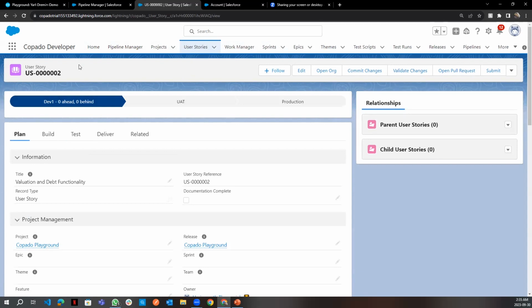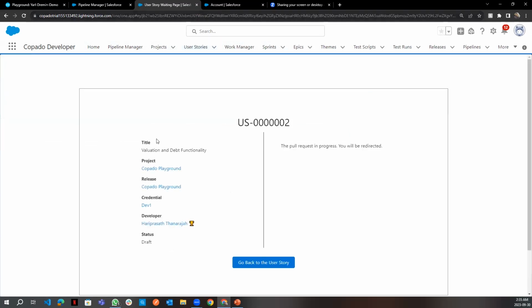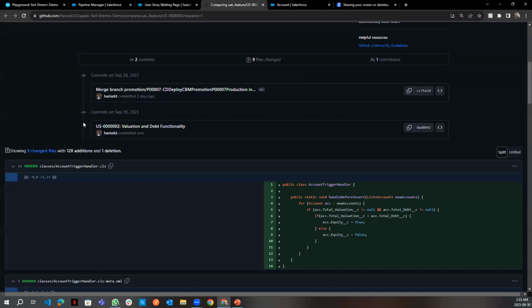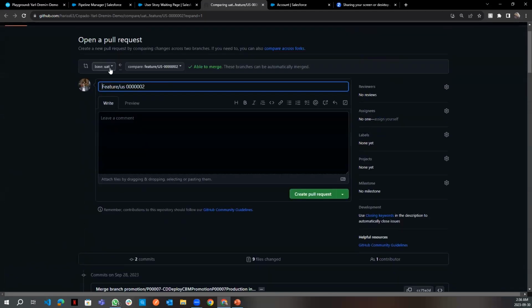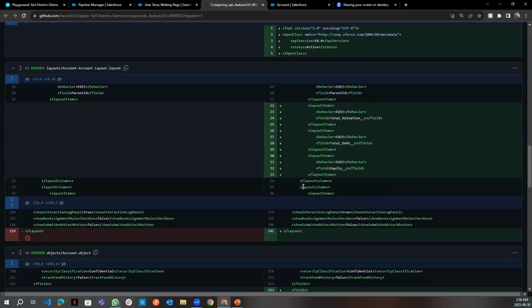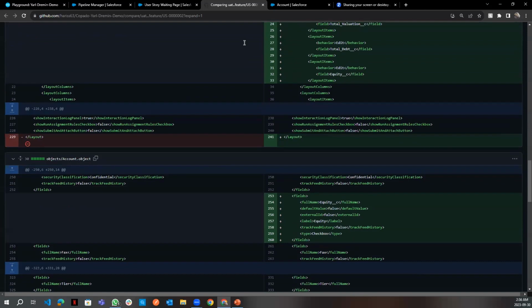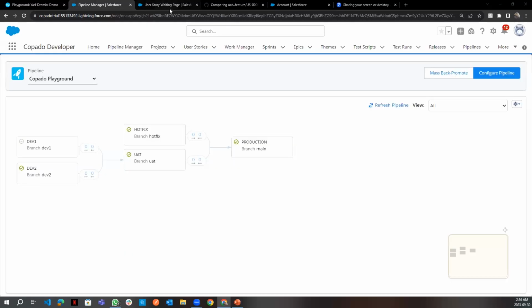So here you can see I committed this metadata to this user story. I can click this open pull request to see what are the metadata that I committed. So here you can see it automatically identified the base branch as UAT, because you are going to deploy the changes to UAT. So you just verify the changes. So once all good, okay. So everything is new, so all good. I can come back to the user story